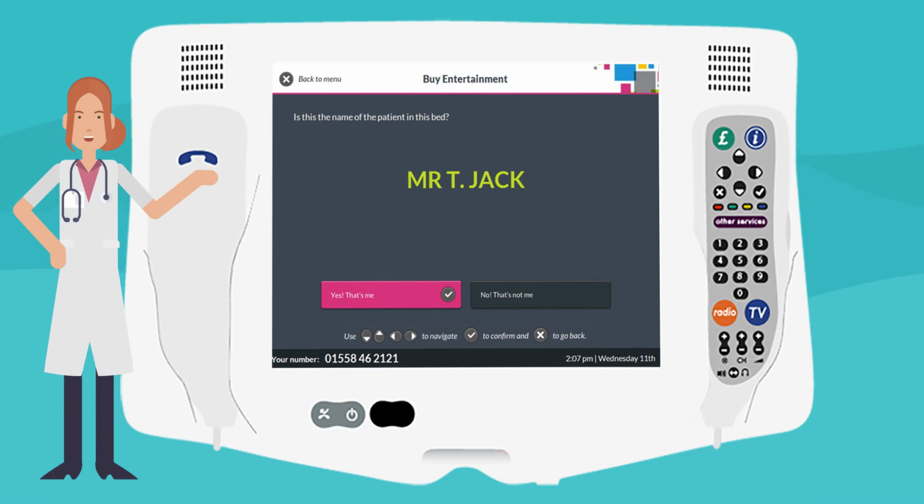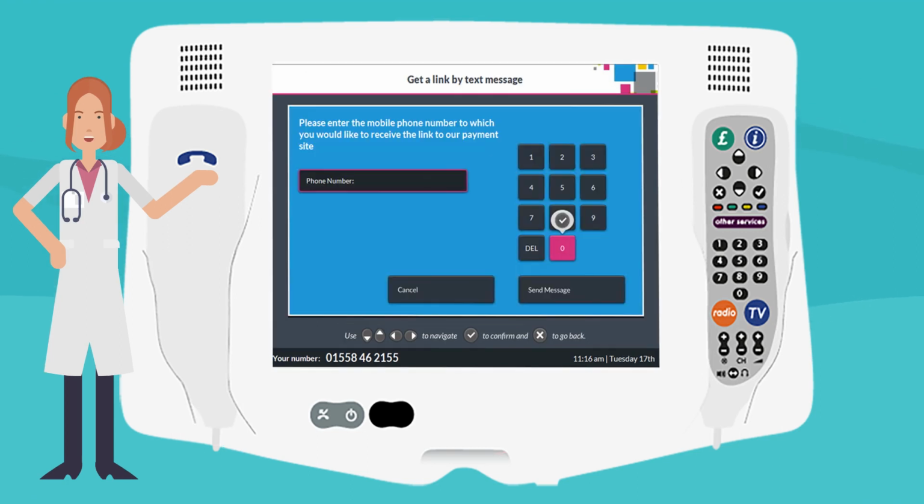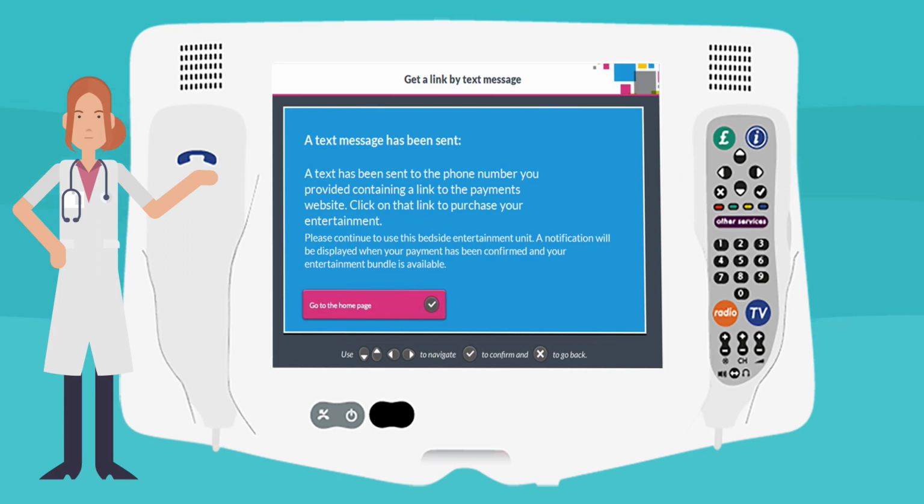If you haven't logged in yet, you'll need to create an account. Then you can select which method you'd like to receive the payment link. This is done either by text, email, or QR code. Getting the link via text means you have to provide a mobile number starting with 07. This can be to yourself or a family or friend. You will receive confirmation that the message has been sent, else you'll see an error message if it hasn't been